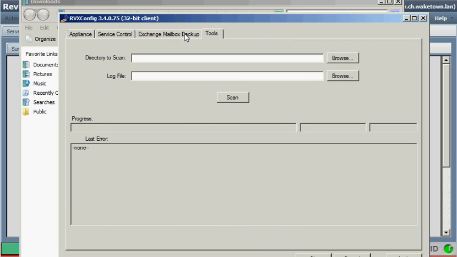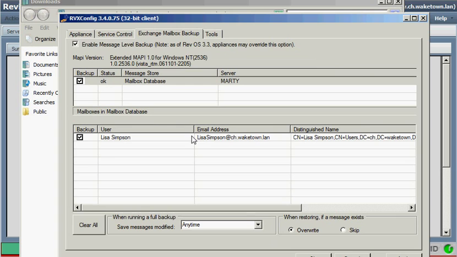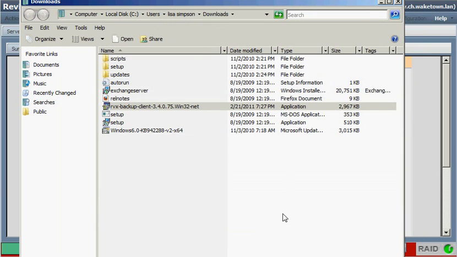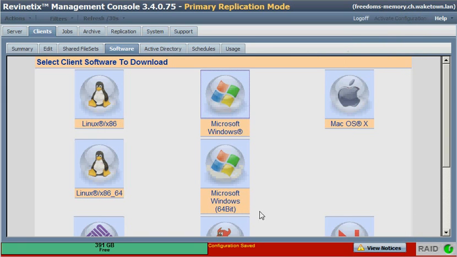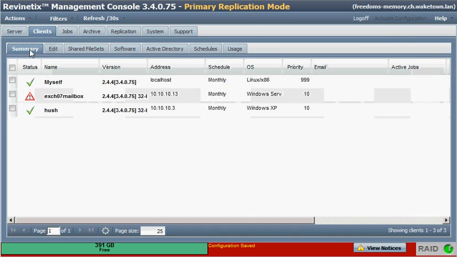There's this tools, but we won't get into that. We'll go ahead and click on OK, and close that out, and close that out. Now if I look over here,